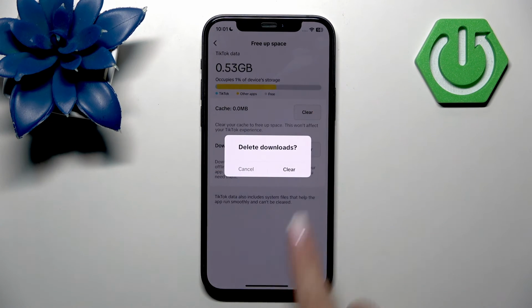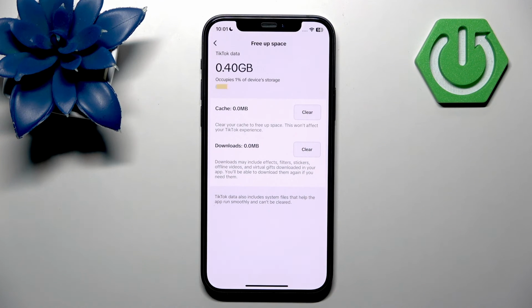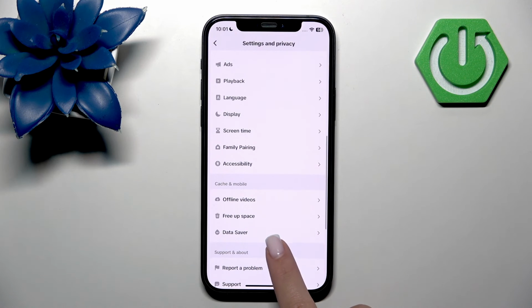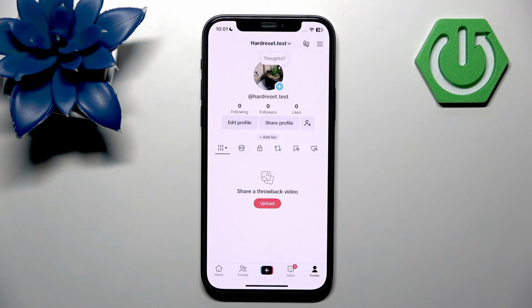And also you can delete your downloads. This will also free up your storage, and maybe then you will be able to repost